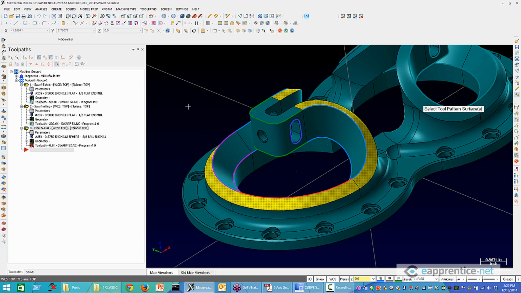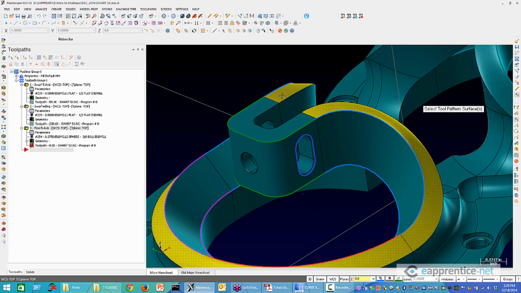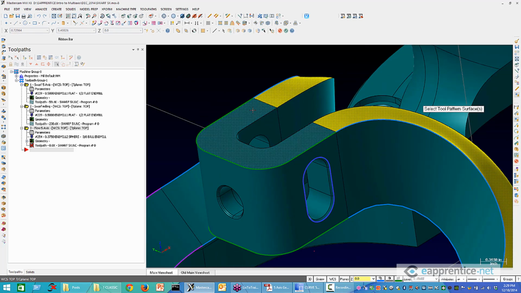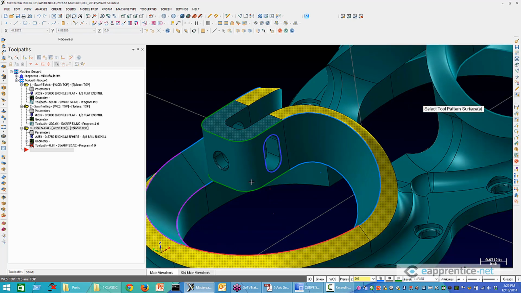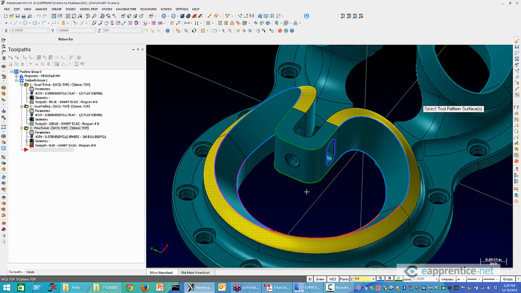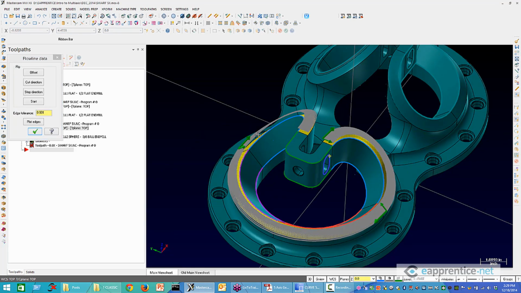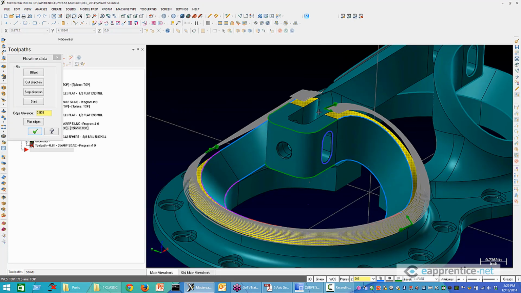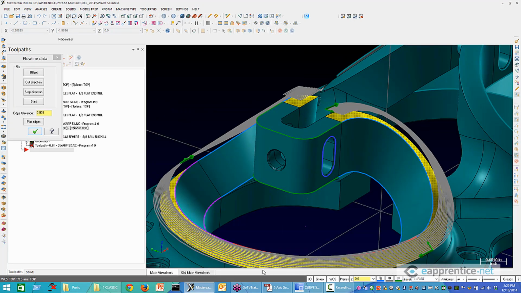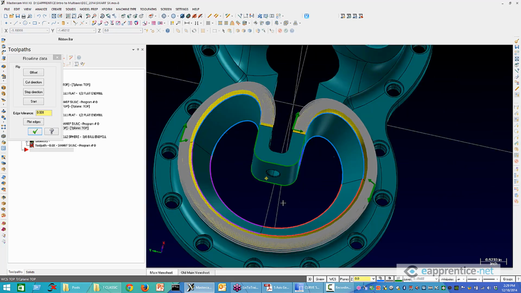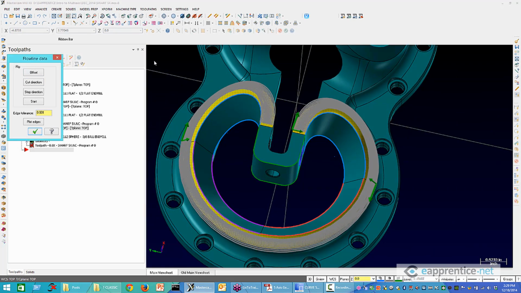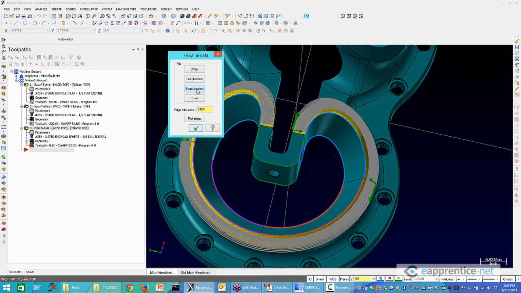It would be silly for us to stitch it unless we needed to make sure that the blend into these two surfaces was perfect. That'd be the only way that I would not cut that with a flat end mill. So now when I look at my flow directions, you can see that these directions flow nicely across that set of surfaces. So once I've got my cut direction set, I can click on step direction, and that basically